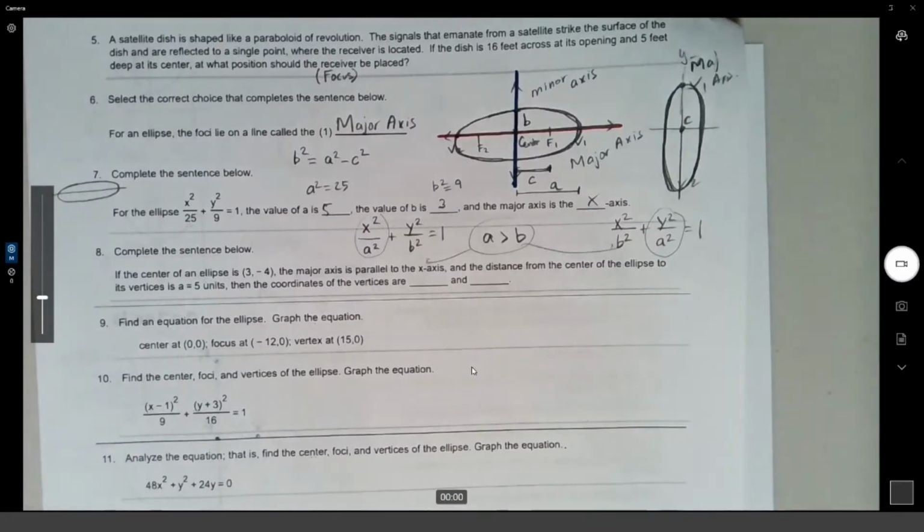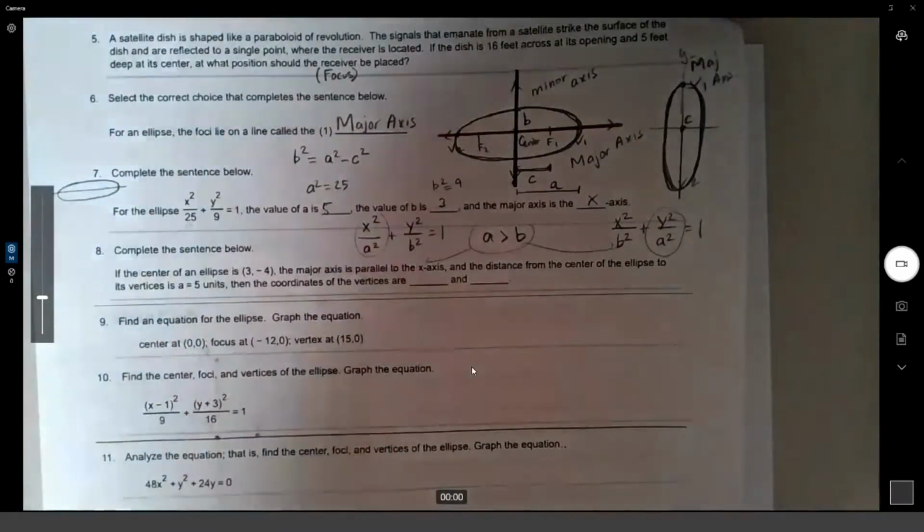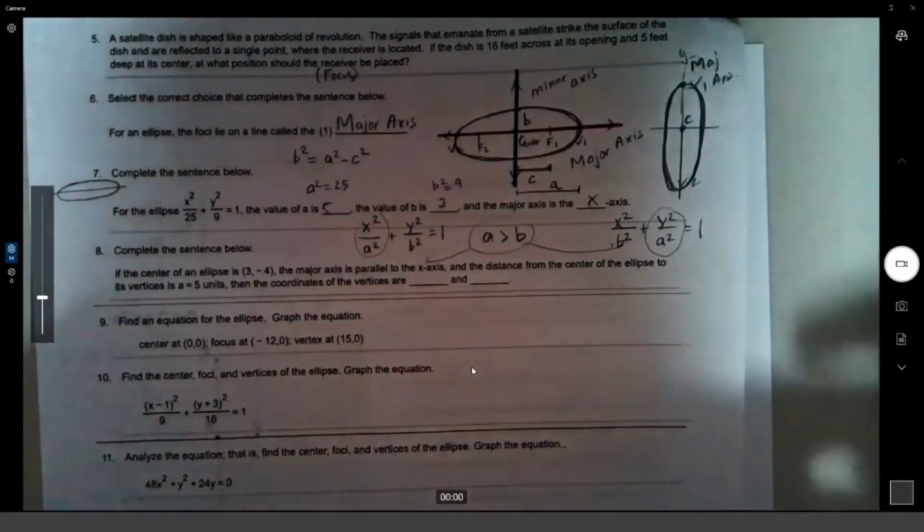Number 8 says, if the center of the ellipse is at (3, -4), and the major axis is parallel to the x-axis, and the distance from the center of the ellipse to its vertices is 5 units, then the coordinates of the vertices are blank and blank. I think what I'm going to do is give myself a picture of what this information is telling us. So it's telling us that